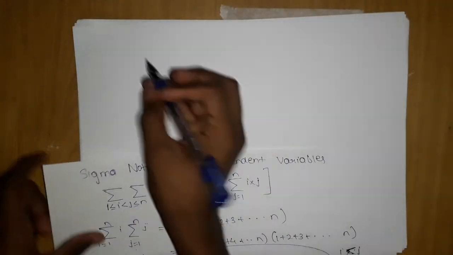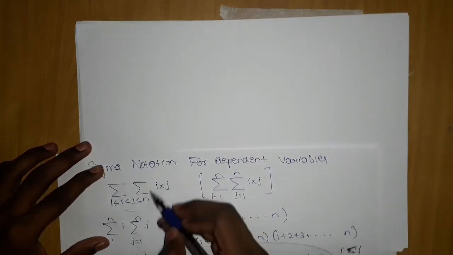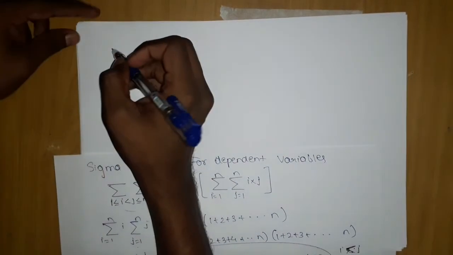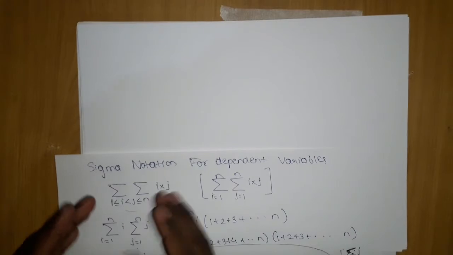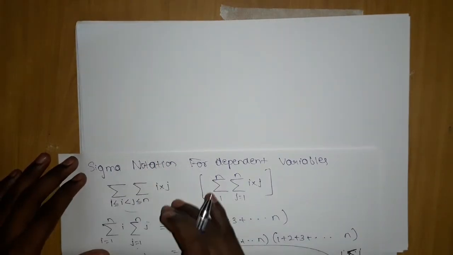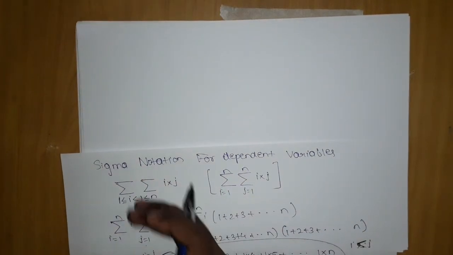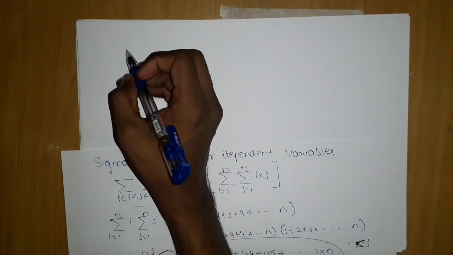Let's see. Now we just want to get this value. That is our important thing. So how will we get this? This is the only thing you need to understand in this question, how to find this value. That is the only thing they can ask a question on. So just understand how to find this type of value.